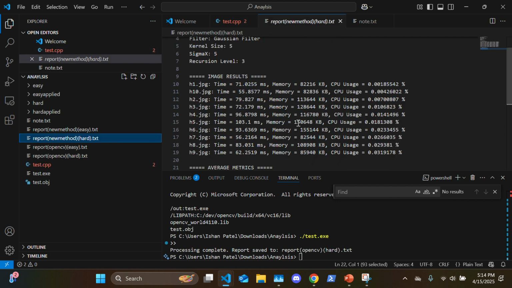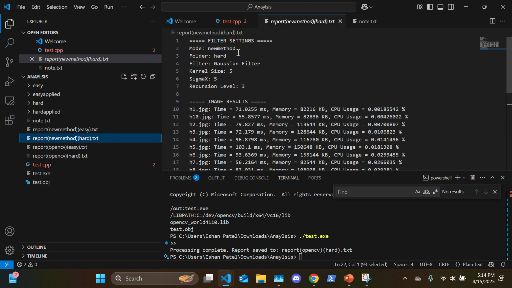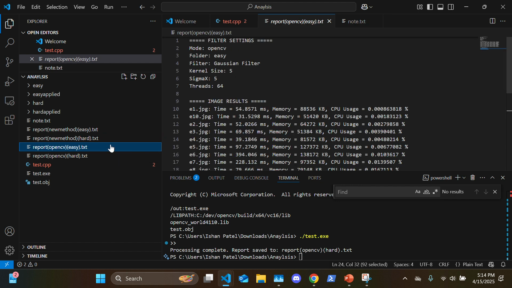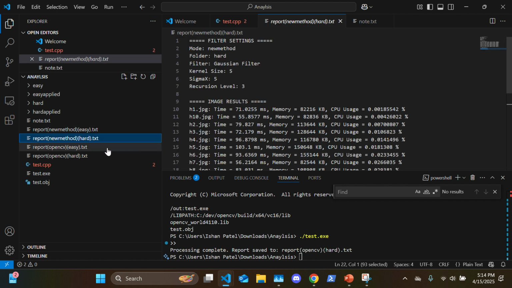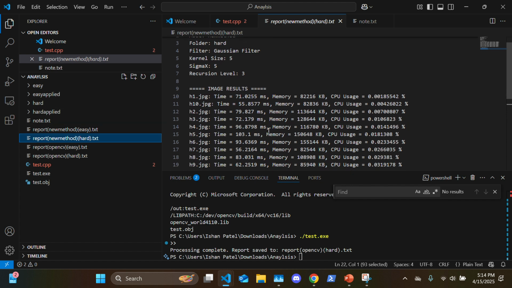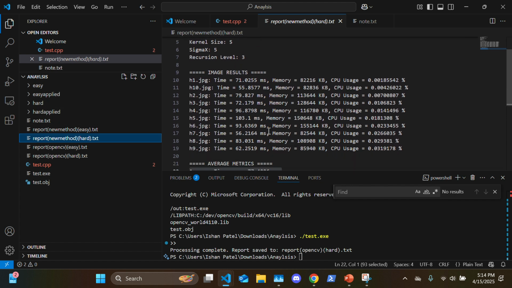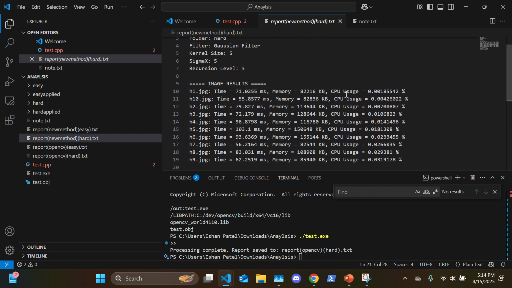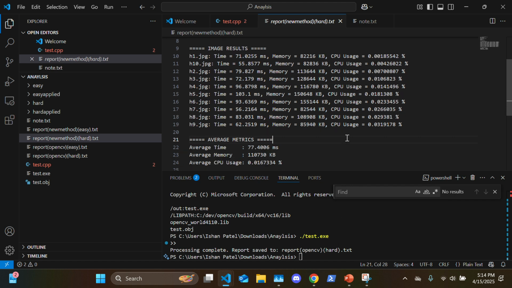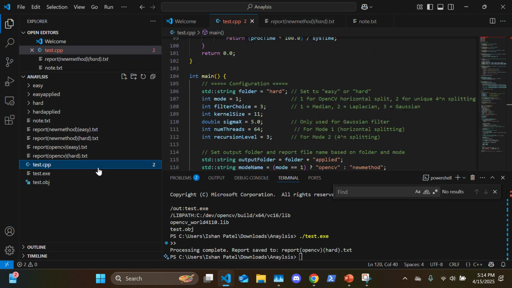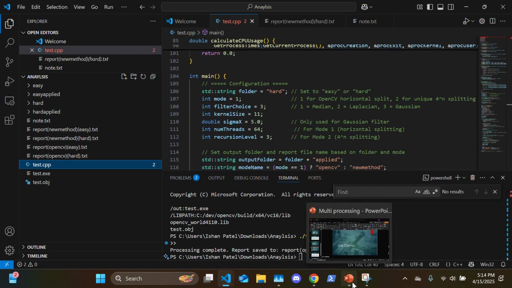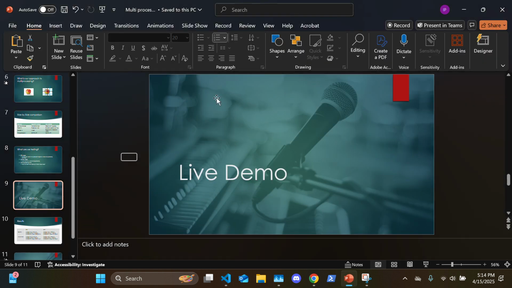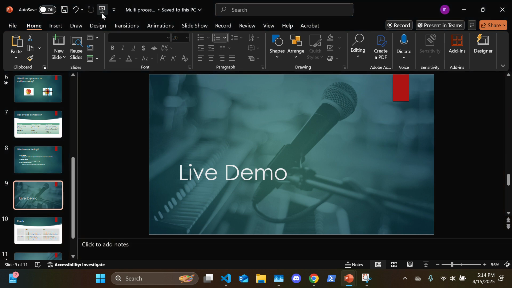So here it shows that report hard is finished, and this is the whole kernel size. As we see, we changed the kernels and the recursion level. Oh, yeah. So yeah, this is basically the application of our code right here. Average metrics, everything's here. And that is it for our demo. So we will go back